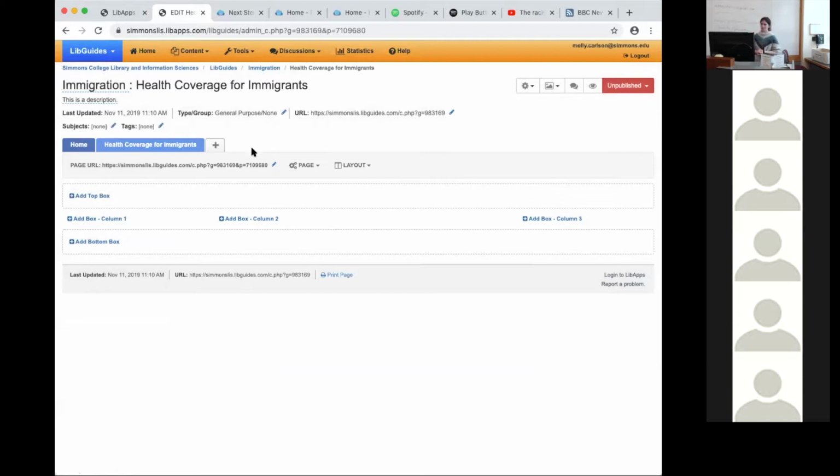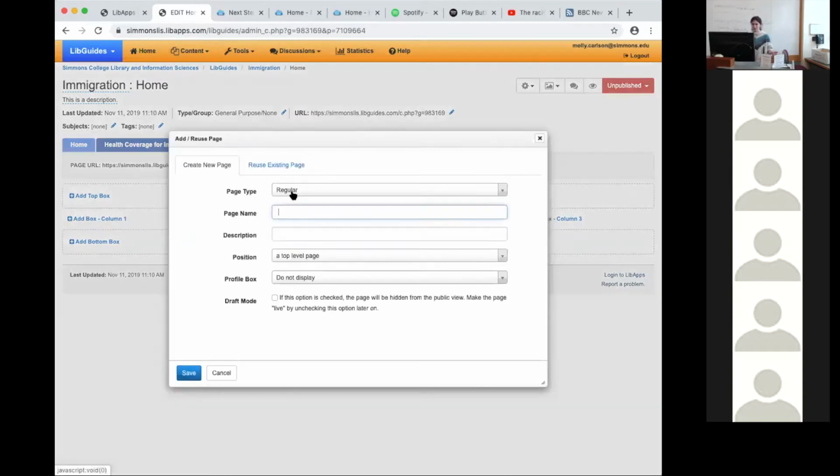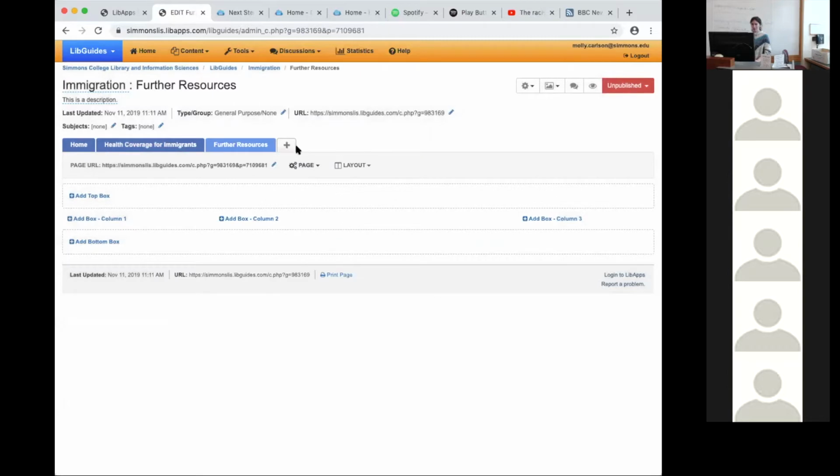Normally there are 3 required pages that every student must have in their LibGuide, and these pages include the home page, where you might include the audience for your LibGuide, what the LibGuide's about, the scope, who might get the most out of this LibGuide. This is where you may also want to talk about institutions you selected in conjunction with your topic. And then the 2 other pages we want to set up would be further resources or next steps, where maybe there are resources you want to include that you didn't get to include with the previous pages that you just want to mention. So we'll make this another top level page, and then we want to have another page for